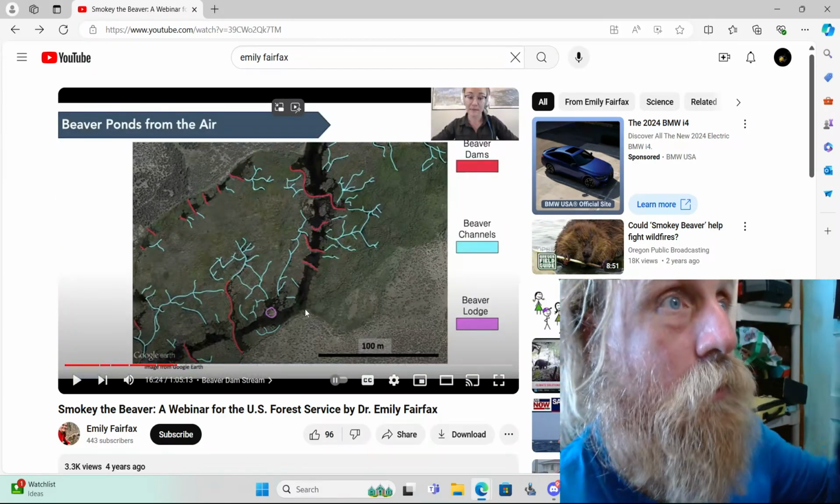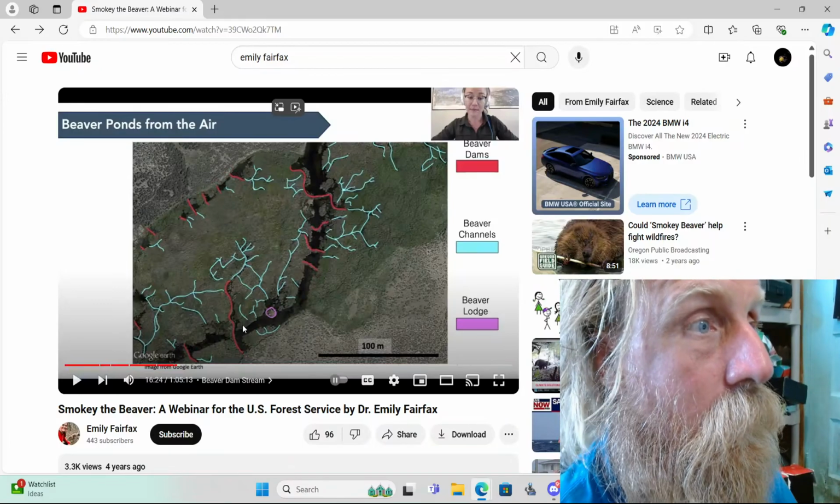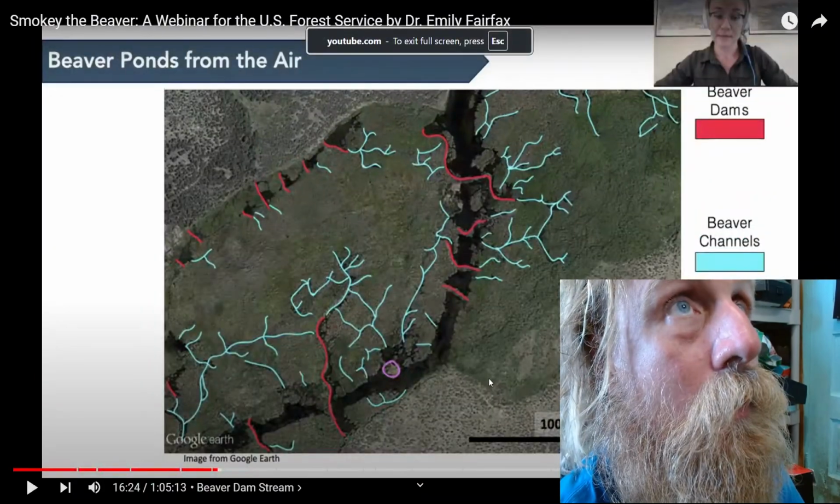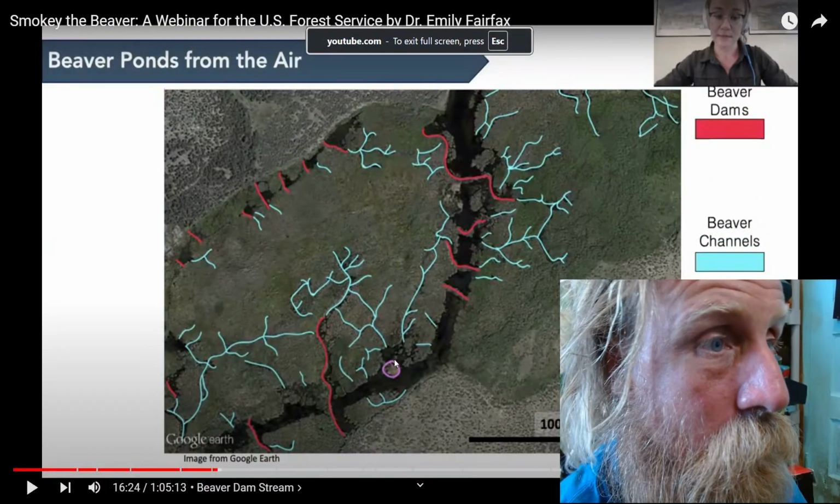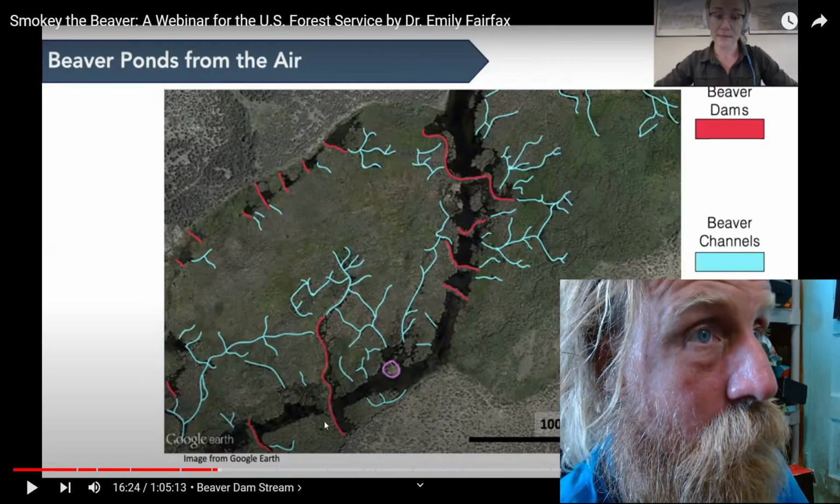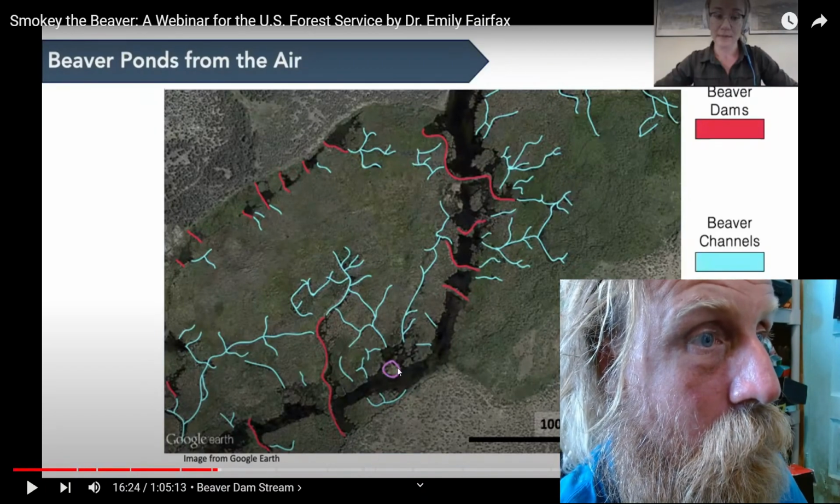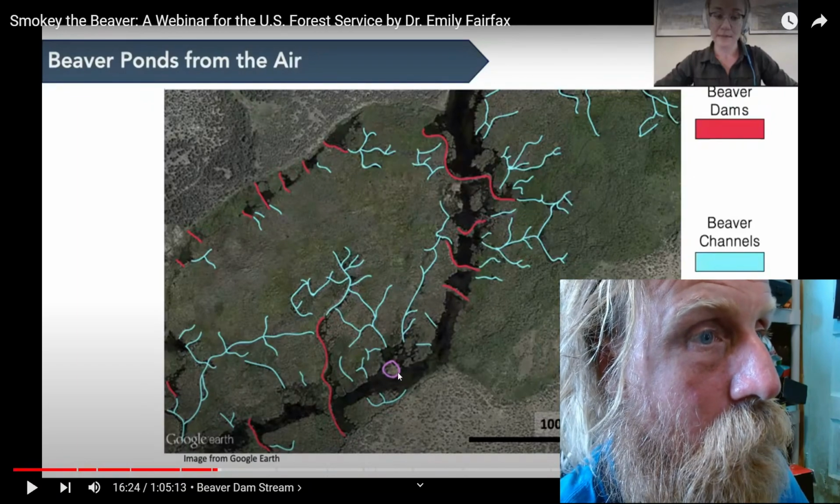Okay, so in this picture, here's this purple circle. Let's see if I can make this bigger. Here's this purple circle. That's the lodge. Okay, so this is a stream. This is not that big of an area. A beaver lodge can be kind of big, but